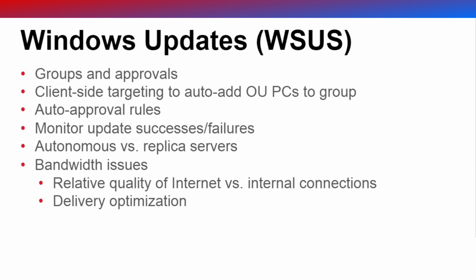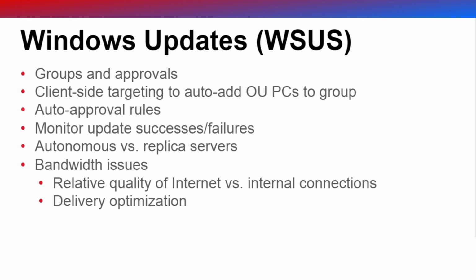we talked about. So it's a staging process, really, just to make sure that for things that we want to check, for big cumulative updates, we may want to do some testing. And then we can devise some rings, some deployment rings of early adopters, and then middle of the road, and then everybody. Well, if we have a big organization spread out geographically, we may need multiple WSUS servers